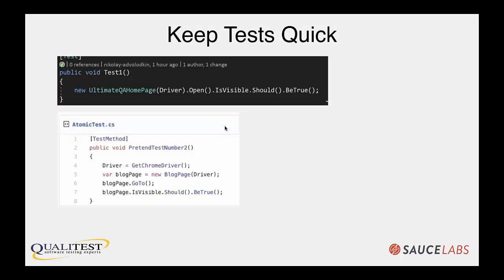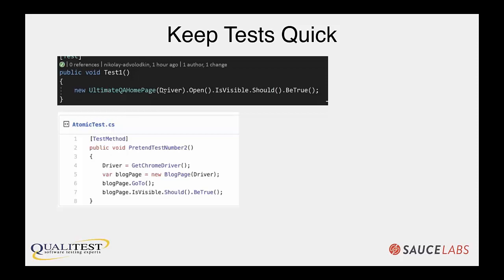So here's the third requirement for keeping and making your tests parallel. Again, as I said, it's not 100% mandatory, but it's highly, highly, highly recommended because it will allow you to achieve that really fast continuous feedback loop. So here are some quick tests that I've given you examples of. These tests are as simple as they get, which is the way you want to do your test automation.